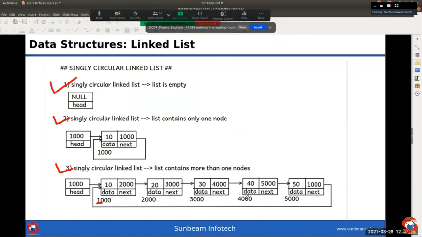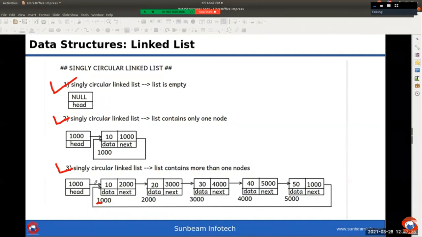Third node contains address of fourth node. Fourth node contains address of fifth node. And as this is the last node, next part points to first node. Right? Now, in this linked list, if you start traversal from first node,